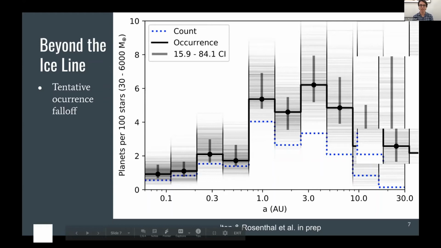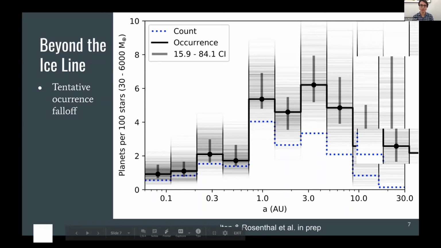The solid line shows the posterior peak for our occurrence results that take search completeness into account. And the vertical lines and gray histograms show the variance of the posterior. There are two key features on this plot. One is a sharp jump in occurrence around 1 AU, and another is a tentative occurrence fall off from 3